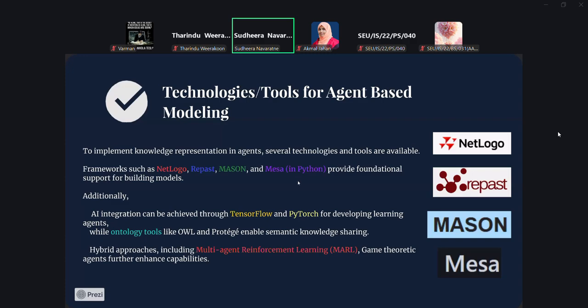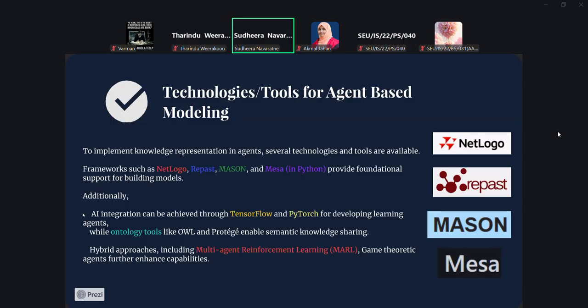Right? And the intelligence you can incorporate through machine learning and AI approaches. You can use neural networks or other types of machine learning techniques. You can use Keras, TensorFlow, or PyTorch to integrate AI into the agent, right?